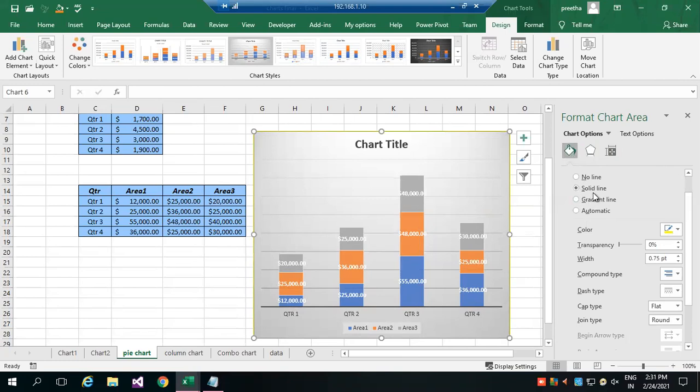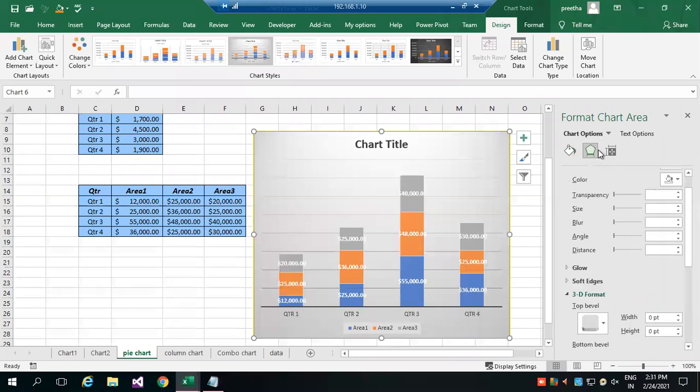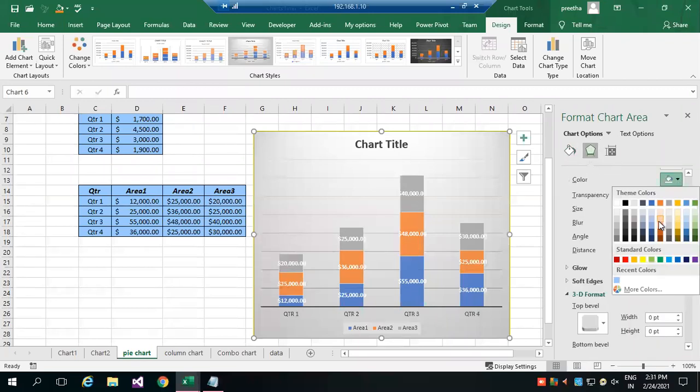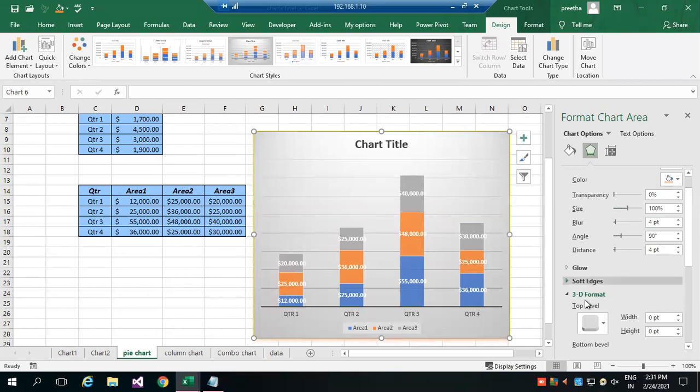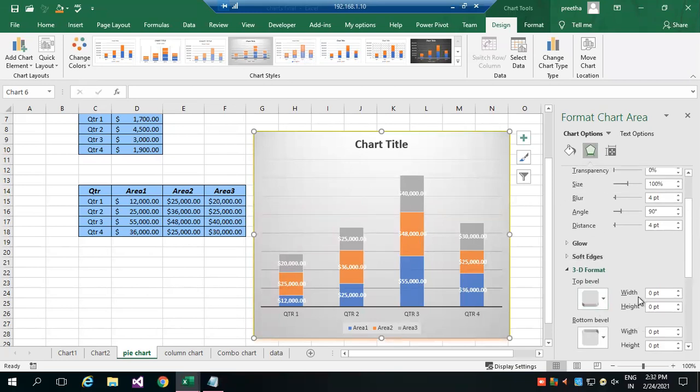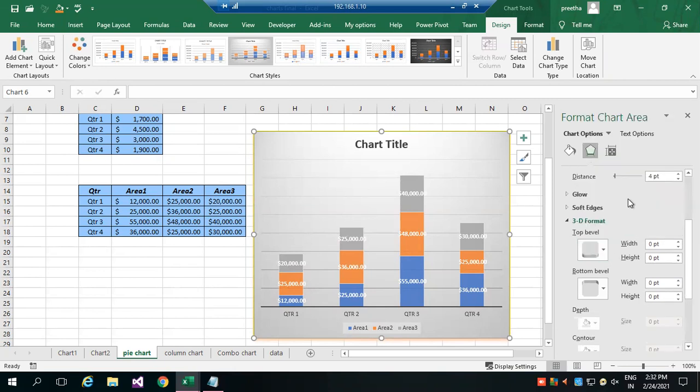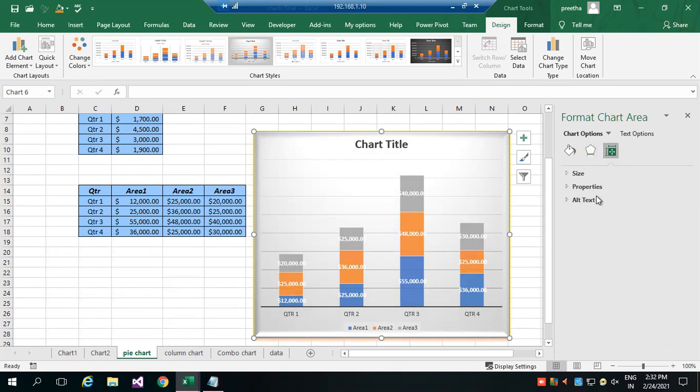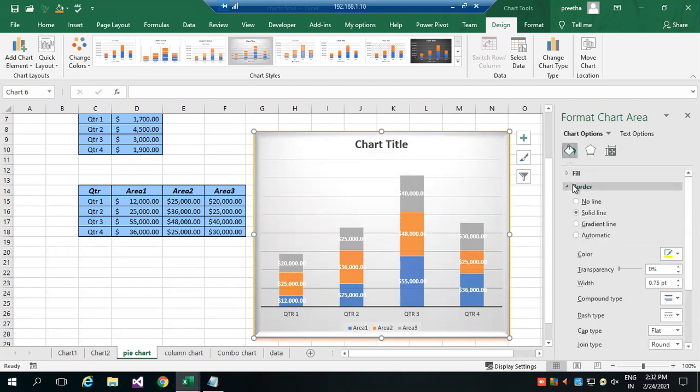Yeah, this is fill option only. Only border is filled up. Shadow is changing. Okay. By mistake, I'm working on border.